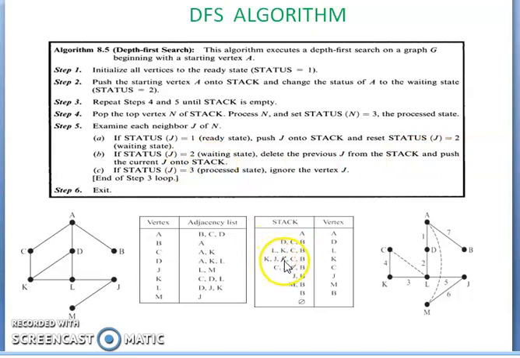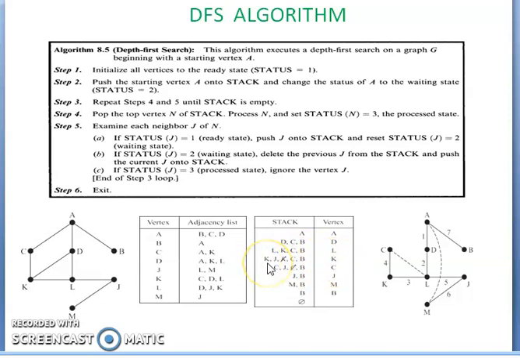Just order change. Delete the K from the stack and push it again. That means you remove the K from here and place it on top. So J is at the bottom and K is on top. The order is changing. If a vertex is already visited, that is in the waiting state, it must be on top of the stack. If it is not visited, it is at the bottom. So what is the top of the stack? K. So you pop the K and process it.